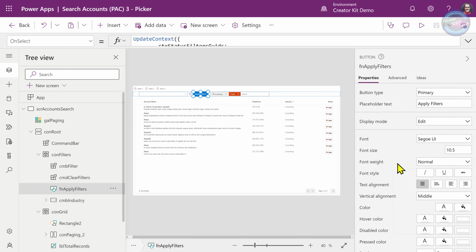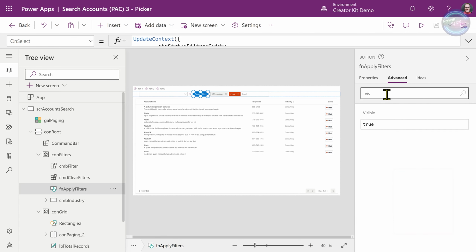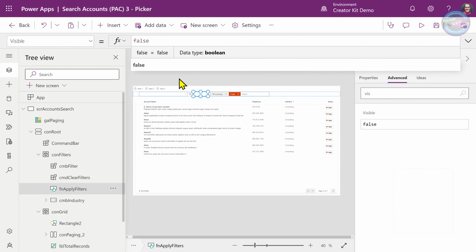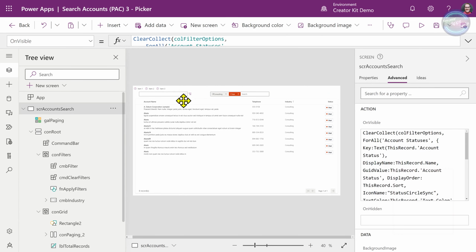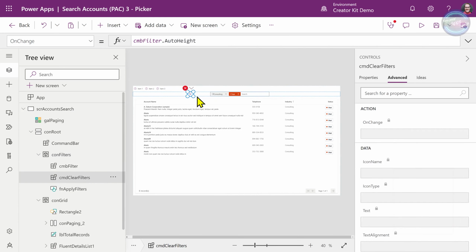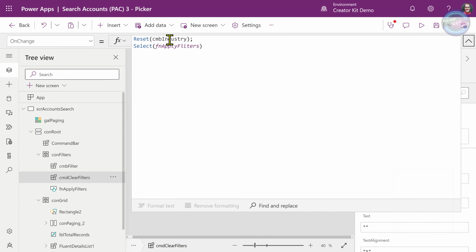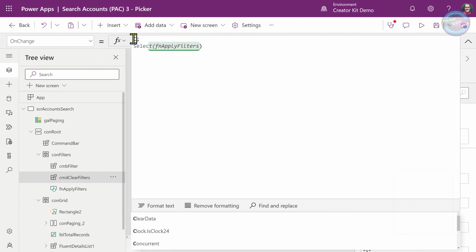So let's make visible false like that, so that we don't end up seeing it. And we now can just delete this. It served us well, that combo box with the choices. And in our reset button, rather than resetting the combo, we're just going to clear that collection.